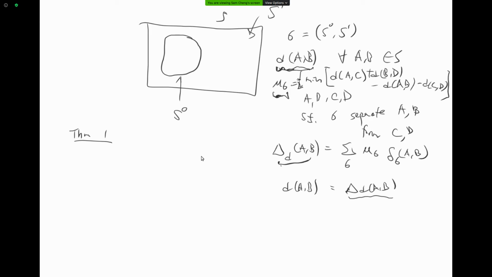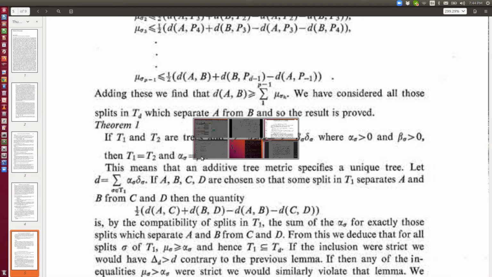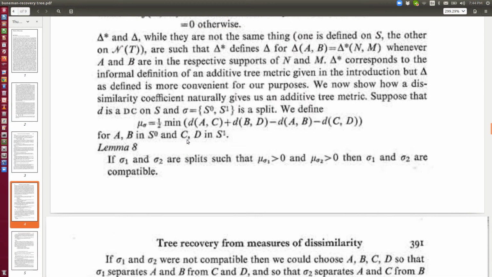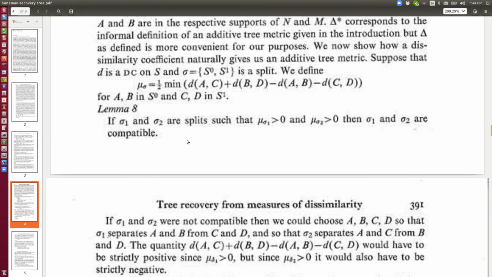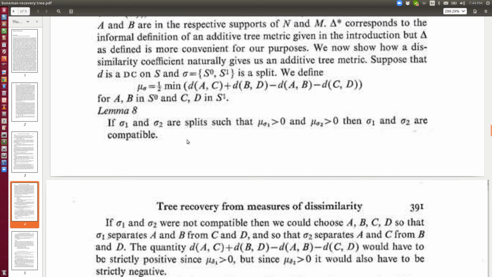Let's see if I miss out anything. Okay, let me show a lemma first. Let me go back to the Buneman's paper. So we will try to show this lemma 8 here, basically saying that if we have two splits, sigma 1 and sigma 2,